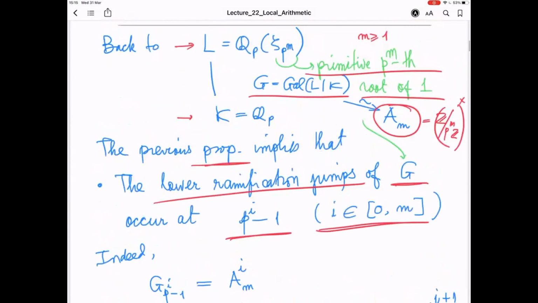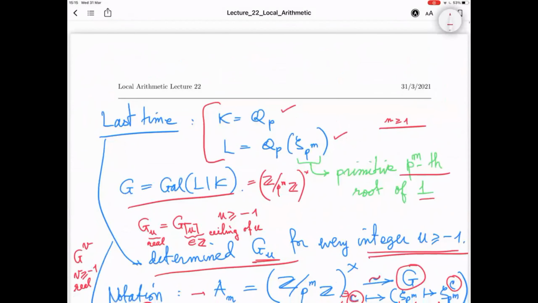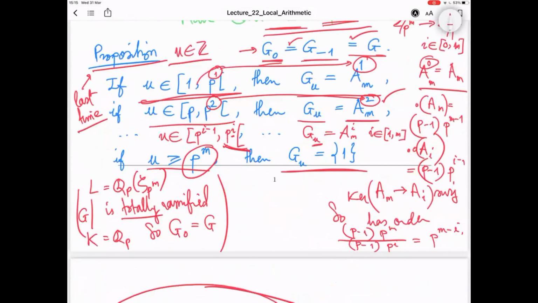That's exactly what this is saying. Where is it? Here it is. So here it's p minus 1, here it's p squared minus 1, here it's p^i minus 1, etc. all the way up, i going from